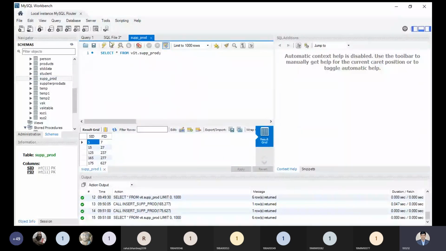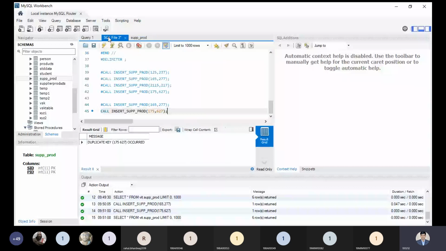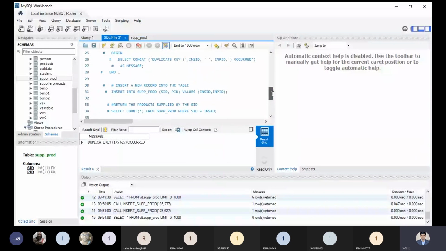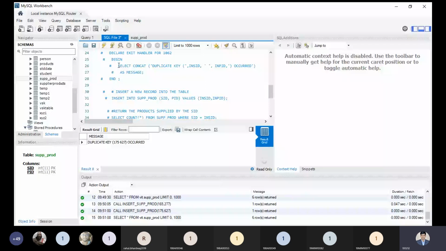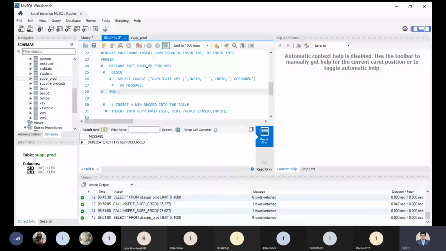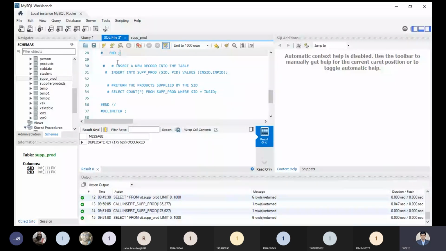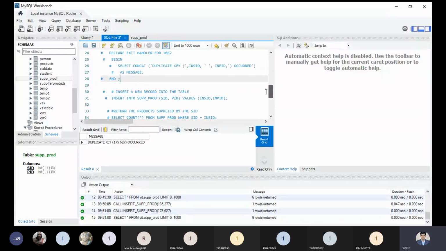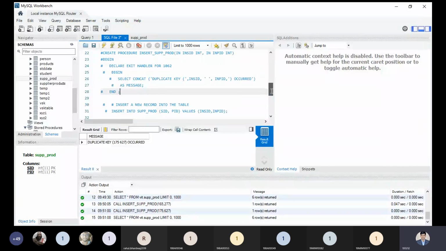When an exception is generated, the other parts of the code will not execute. This block generates an exception, and after that the handler produces a message over here. That is the message we have written. The part ahead of this block will not be executed. Why? Because when the exception is generated, we are exiting.